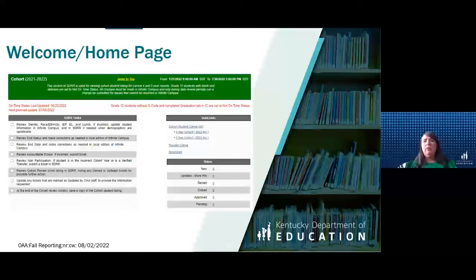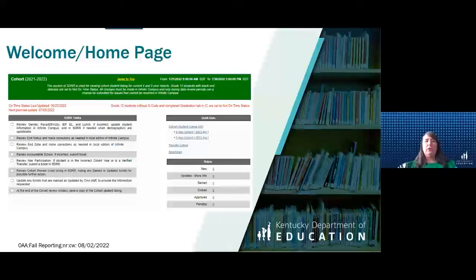And then when you log into SDRR and you're looking at your cohort and jump down to it, you're going to see the task list just like you did for data review. You'll be able to see that for cohort. Of course, it's optional to do the task list, but it does help you know what you're supposed to be doing during this time.